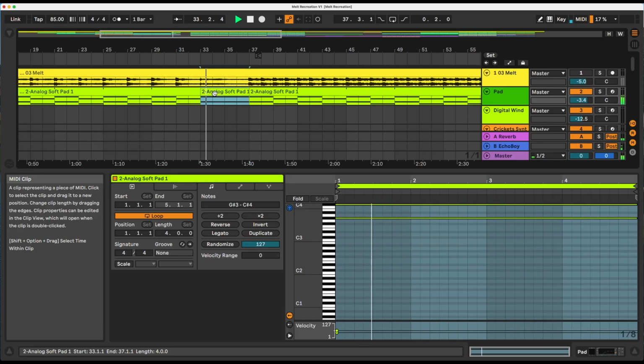So this time the pad doesn't change down. We just keep it going for 4 bars. And then without any fanfare, we have this amazing lead sound coming in, which I absolutely love. So I'll show the MIDI, but I'll play the original.